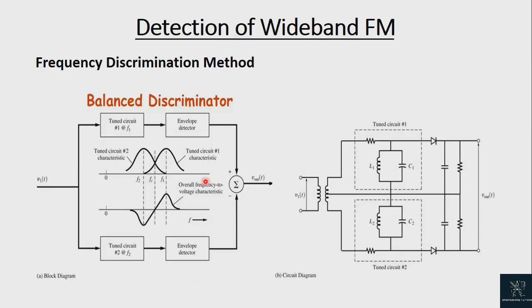The first type of detection is the frequency discrimination method using a balanced slope detector. A balanced slope detector is an improved version of the slope detector. The drawback of harmonic distortion is removed in this detector by using two slope detectors instead of one, as in a single tuned slope detector. The circuit diagram has two slope detectors marked as slope detector 1 and slope detector 2. Both the slope detectors are called balanced because they have identical components.